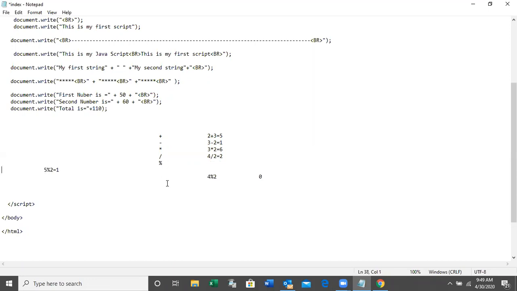Then the next one, plus plus operator. Plus plus operator means, say, A is equal 5.